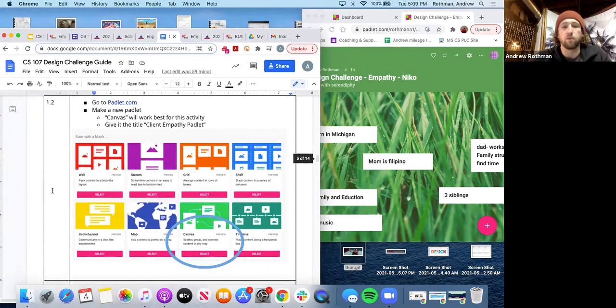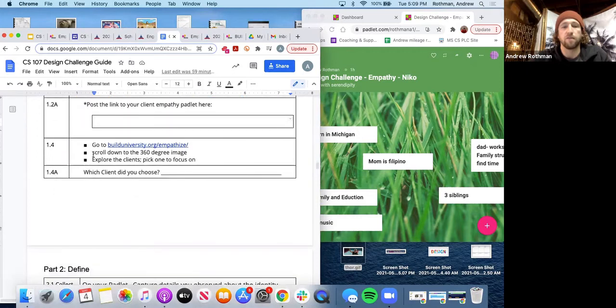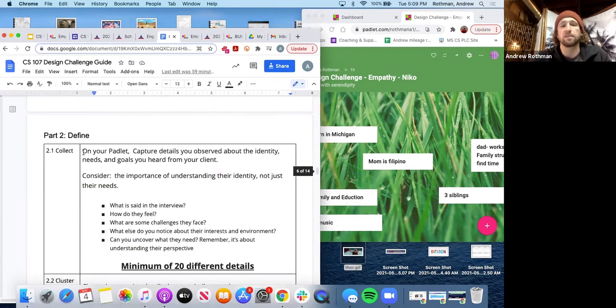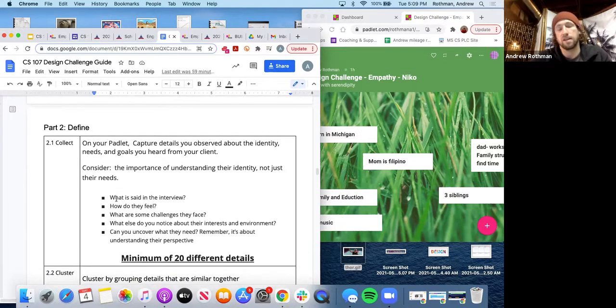I'm doing this project, this 2.1, and I'm trying to capture details about Nico. So I want to know about his identity, his needs, his goals, and I want to capture some notes, things that stand out to me about what they said, what they feel, challenges, what you notice about their interest and environment, to uncover what they need.